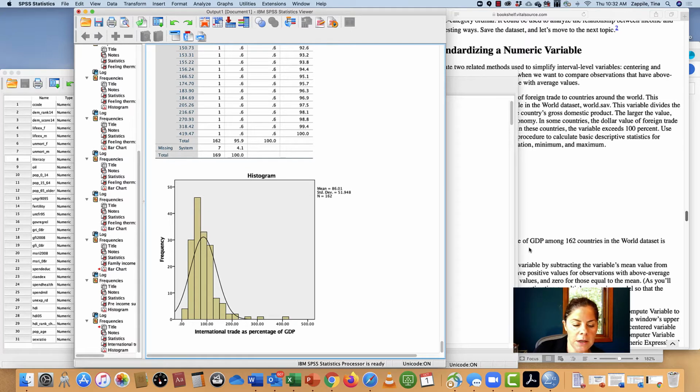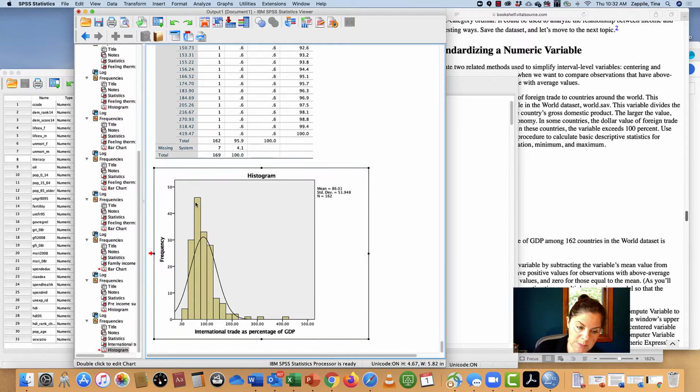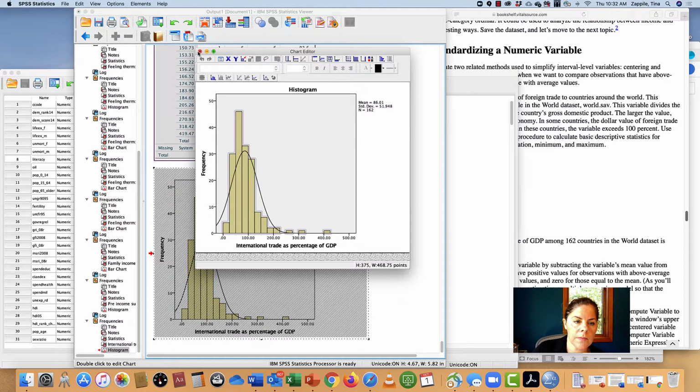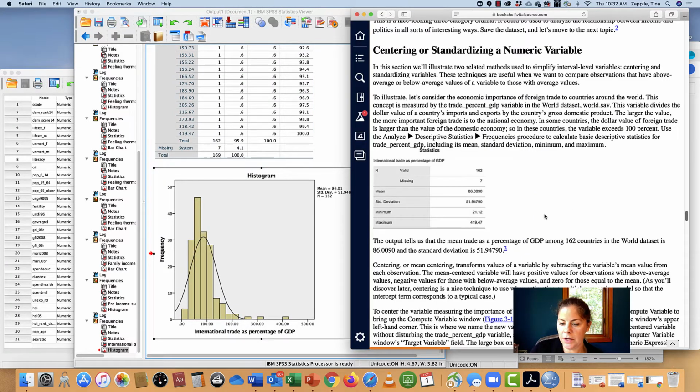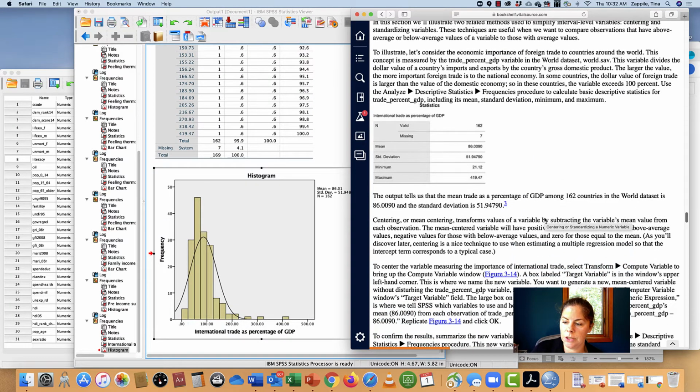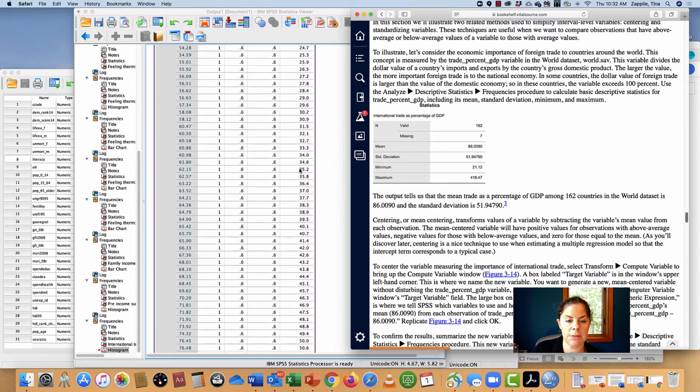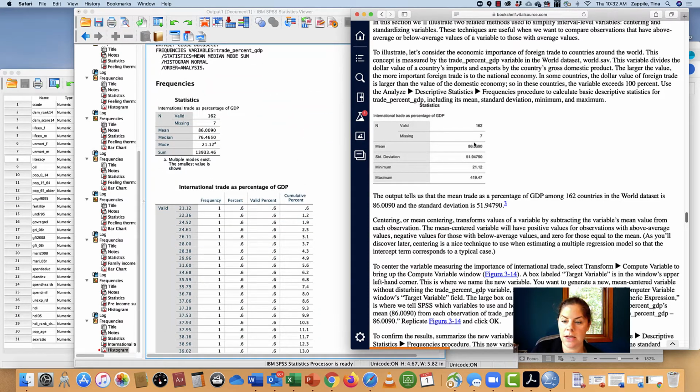So we'll come on over here. There could be multiple modes within this box. It tells you the mean, 86. Let me go back up to my box. Mean, 86, standard deviation, 51. That's pretty broad, right? So centering or mean centering transforms the values, in our case, the percentages that range from